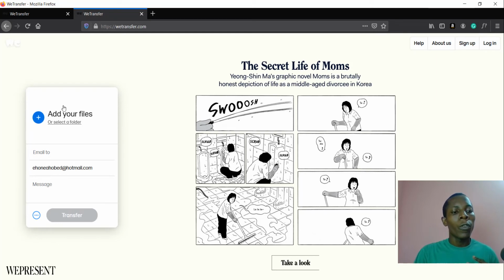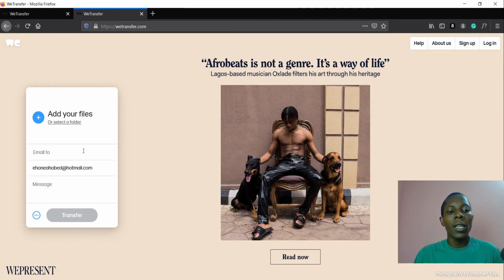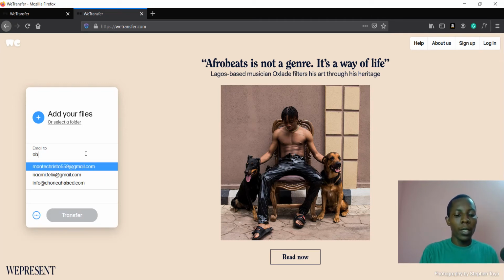So from here you can see add your files or select a folder. So you can share either files or you can share a whole folder to anybody anywhere in the world. The first method that you can use is to send via email. So if you want to send any file via email, then you should know the email of the person that you're sending it to. So for instance, I am sending it to my other account, Obed Eronia